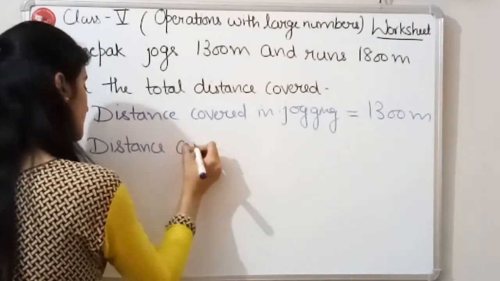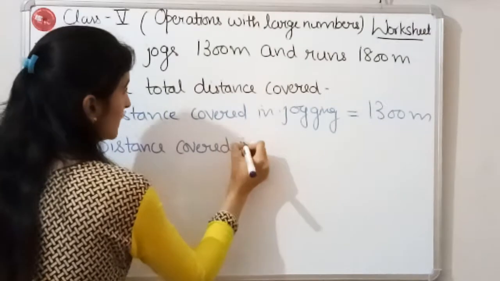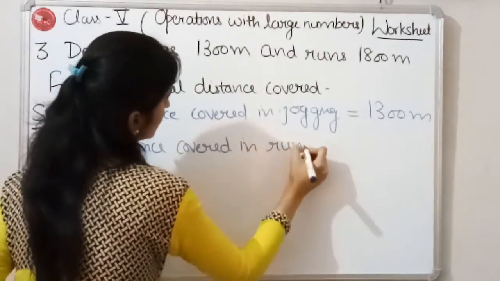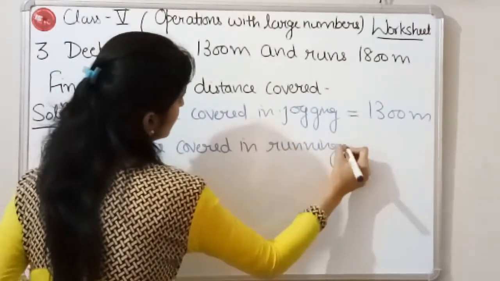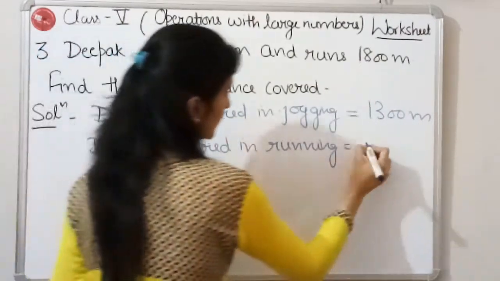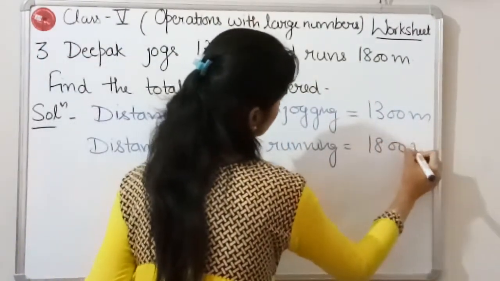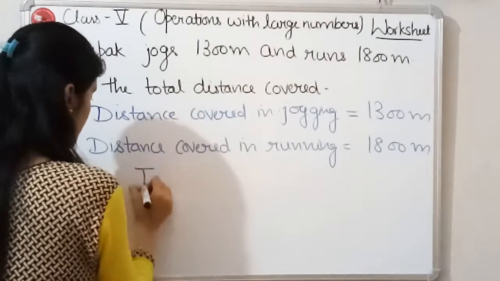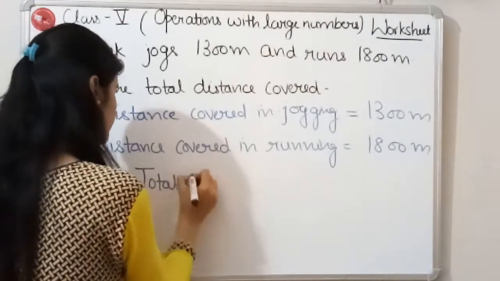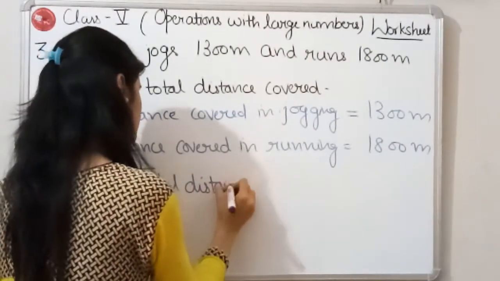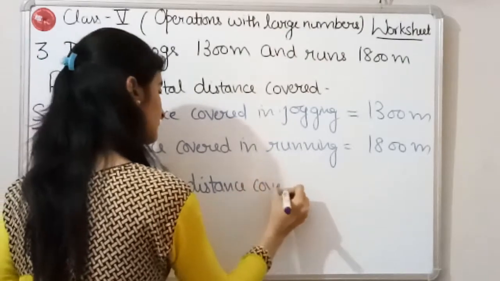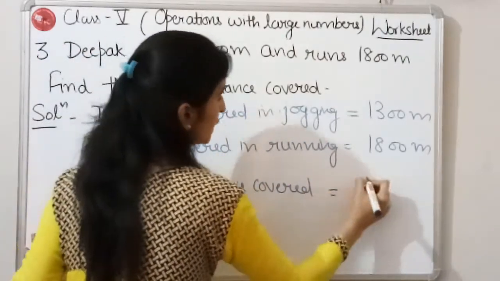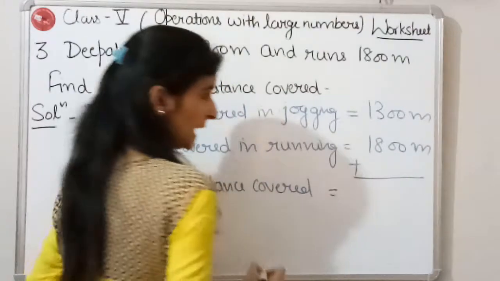Likewise, the distance covered in running is equal to 1800 meter. So total distance covered will be equal to, when we will add them,